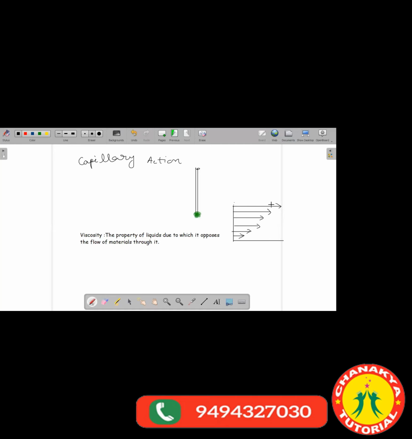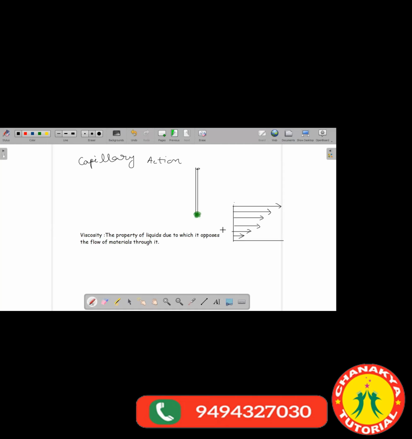So the top layer will have the highest speed. The layer just below it will have lower speed. The layer below it will have still lower speed, and so on. So the speed will go on decreasing downward. This property is called viscosity, the property due to which fluids are able to oppose the motion of the layers. The study of viscosity is an important phenomenon when we study